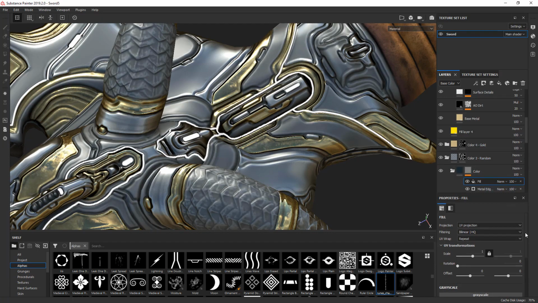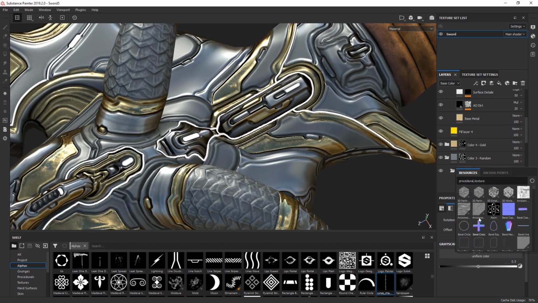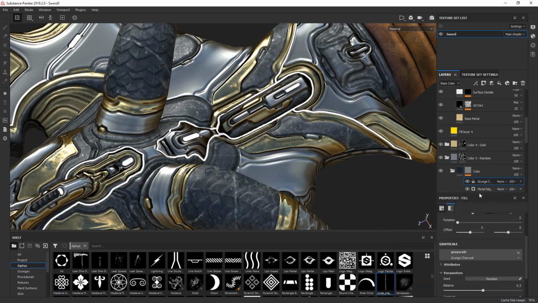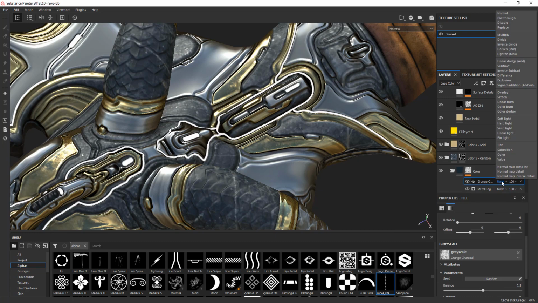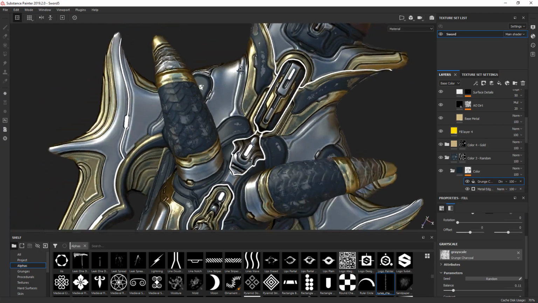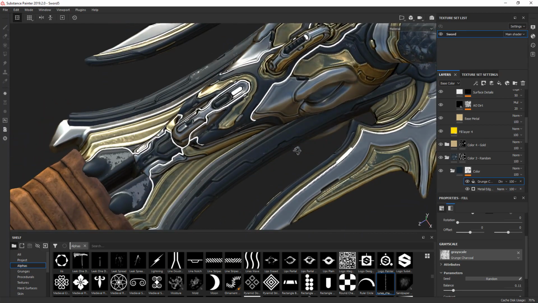So let's add a fill layer here to our mask, go down here to grayscale, and let's filter for grunge. And that allows us to add a custom texture. I'm gonna add the grunge charcoal, and let's put that to divide on our layer mode here. And then we have a secondary texture that we can play with here to affect this grunge. And I'm just gonna use our balance slider here, have it at 0.11 to not have it so generic looking